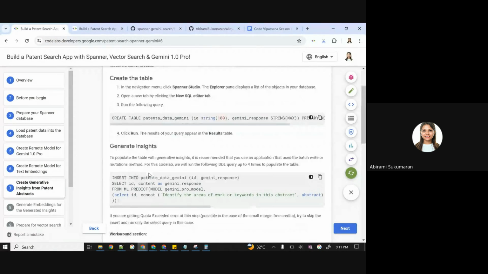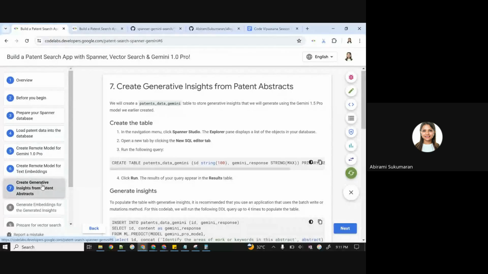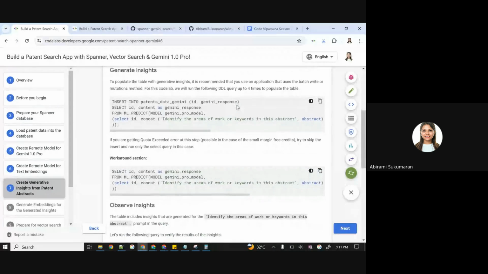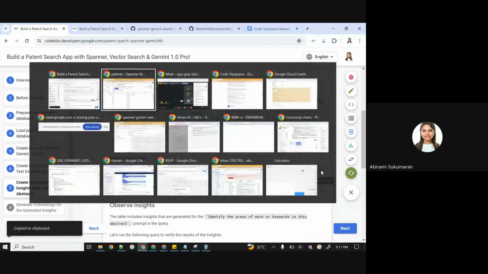So what I'm asking you to do right now is go to step 7 of the code lab, which says create generative insights from patent abstracts, and scroll down until you see the workaround section. Copy the select query that has ID content as Gemini response from ml.predict. So this is the construct we'll be using to call the Gemini model to work on converting the abstract into a summarized abstract. All right, so just copy the select query, go to your Spanner Studio,